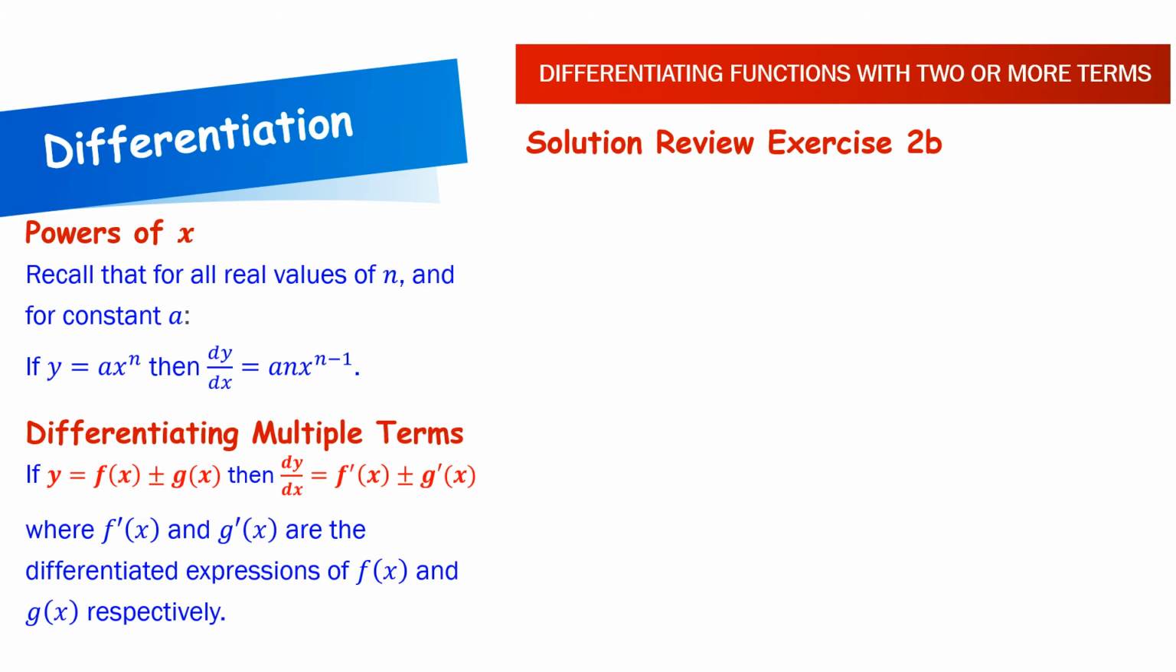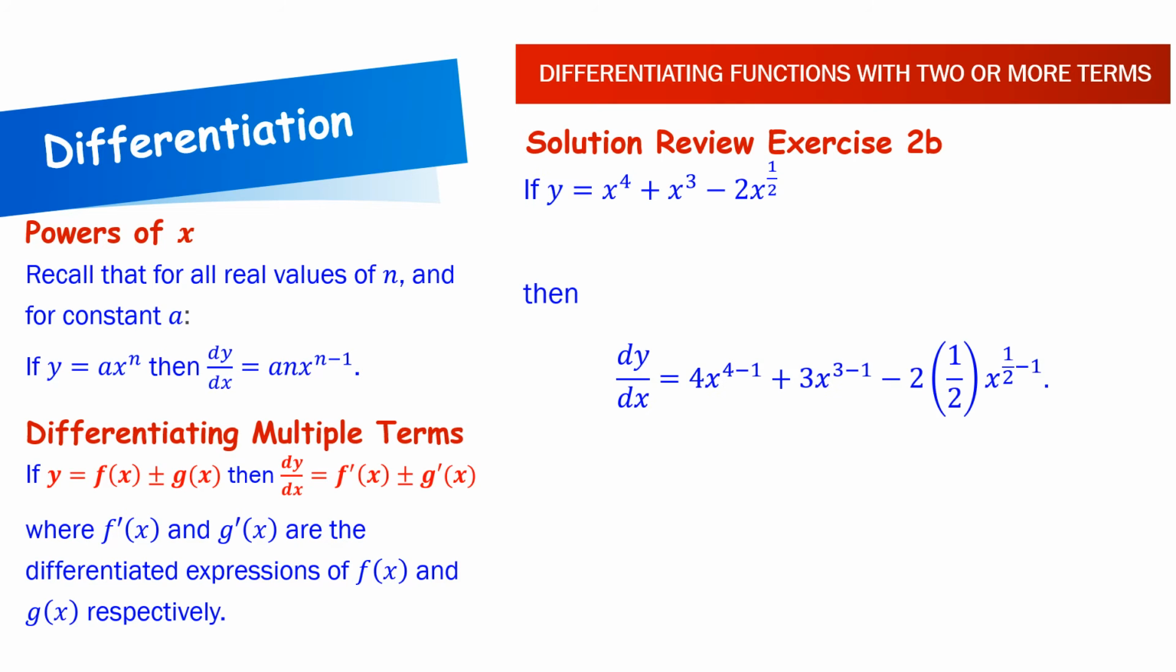Now let's solve review exercise 2b. If y equals x to the 4 plus x cubed minus 2x to the power half, we have that dy/dx equals 4x to the 4 minus 1. Here a equals 1 and n equals 4,